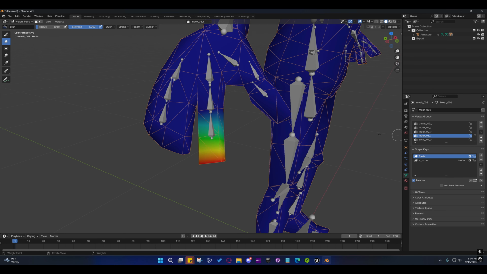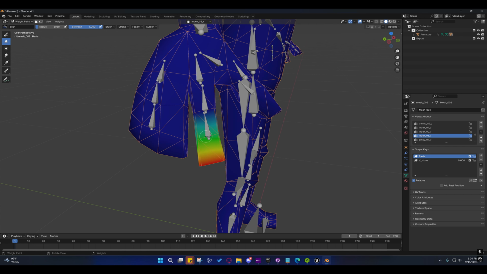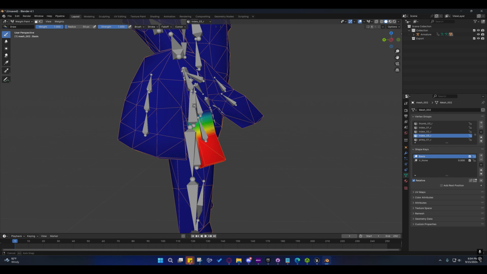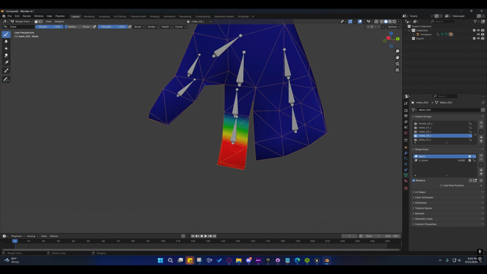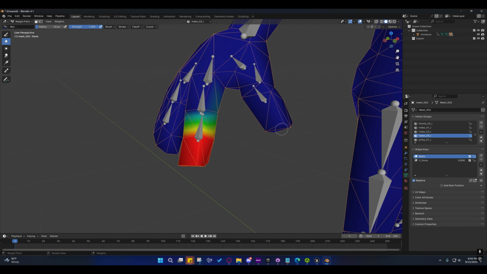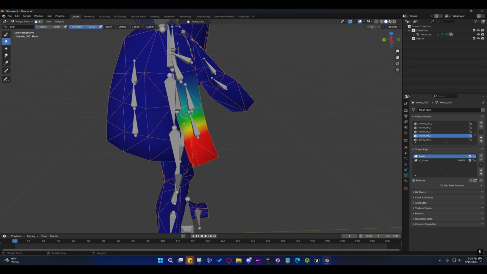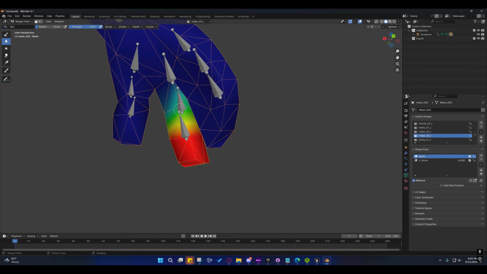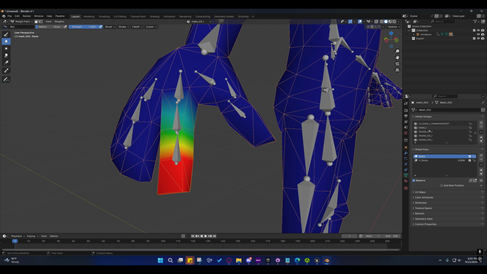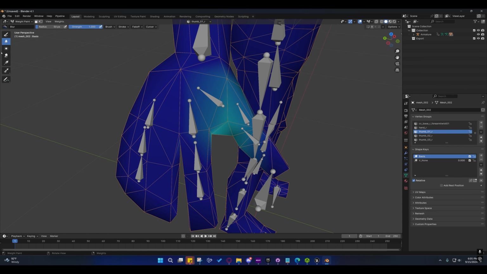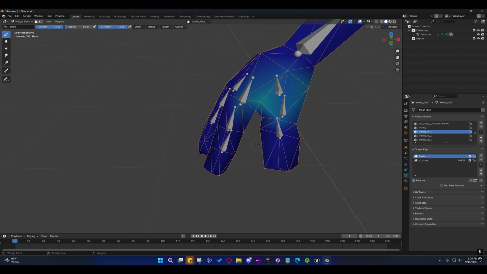Actually, this right here is the end. So actually, I think this should be, yeah, let's do that. Yeah. Okay. And we'll blur right here. And then the thumb. Actually,